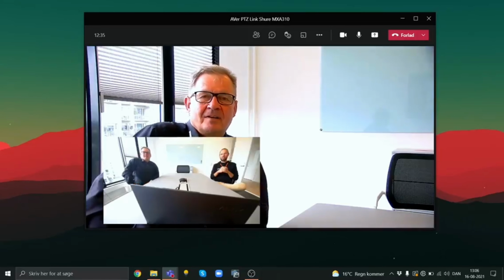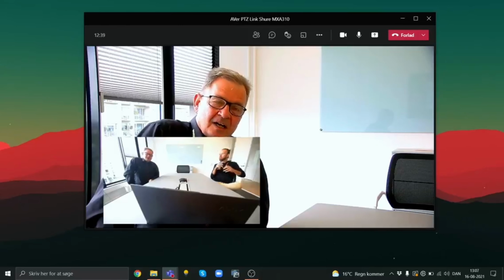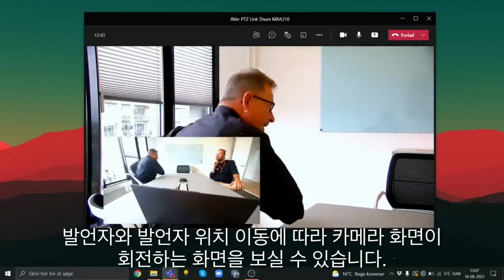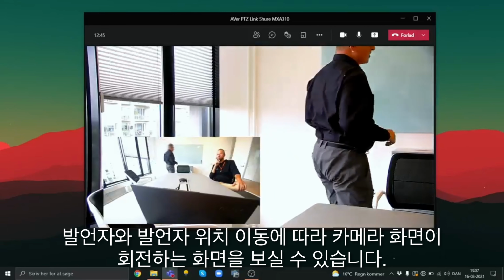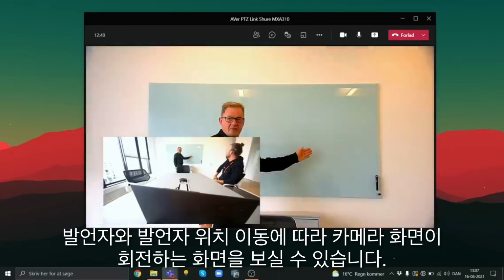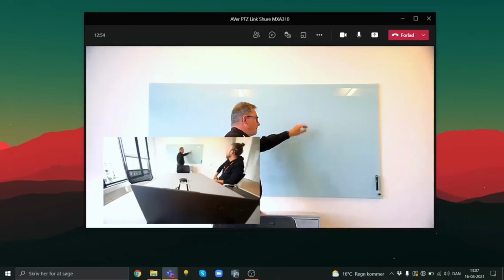It's a small microphone. It's got up to 4 microphones in it that are movable. I've set one on me today, one is on Mikkel, and I've actually got one that I've set at the back of the room. So when I move to the back of the room, after about 3 seconds, the camera realizes I've moved my position, and now I can do some description here on the board, maybe do a drawing